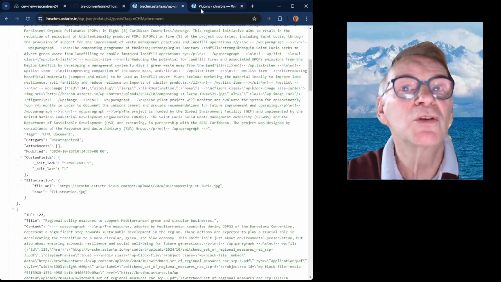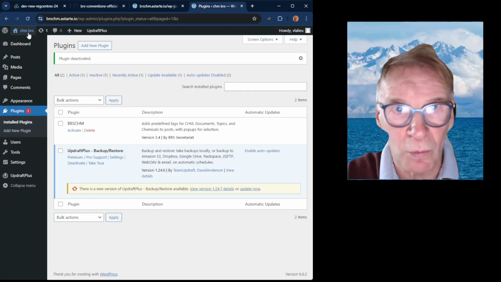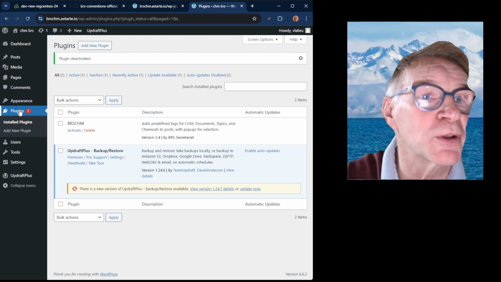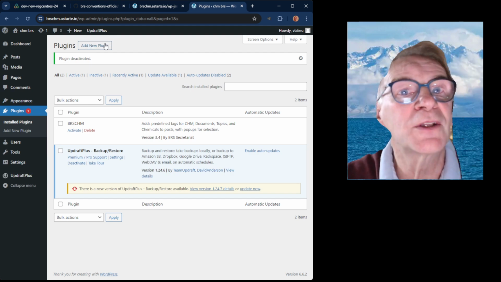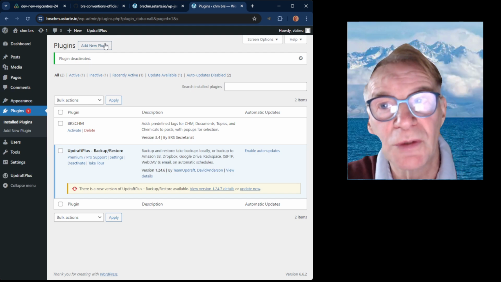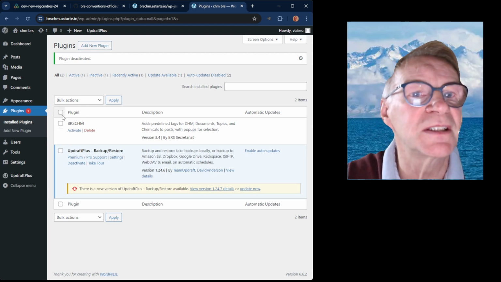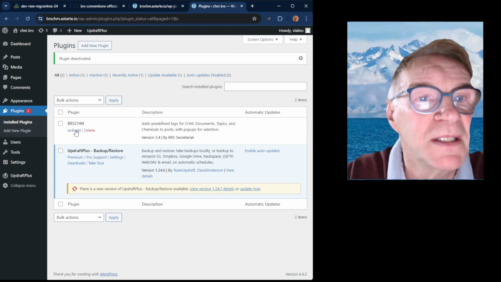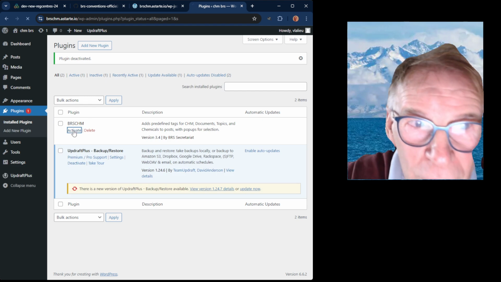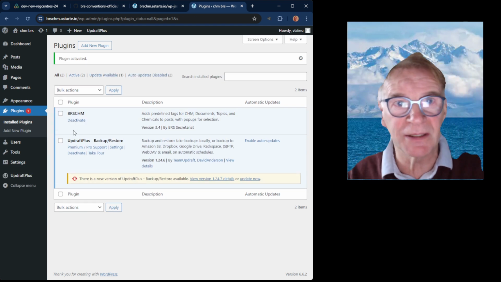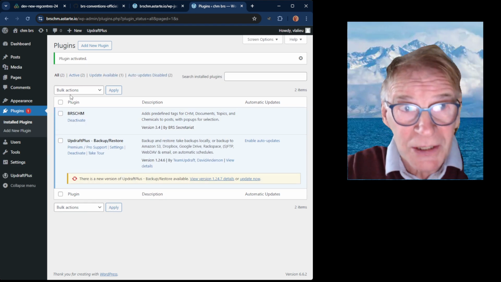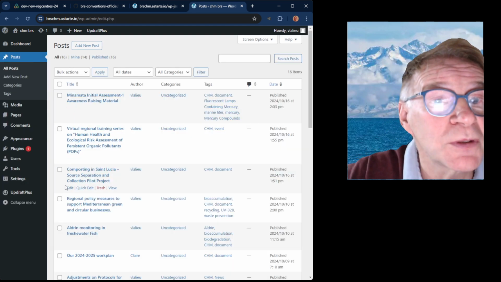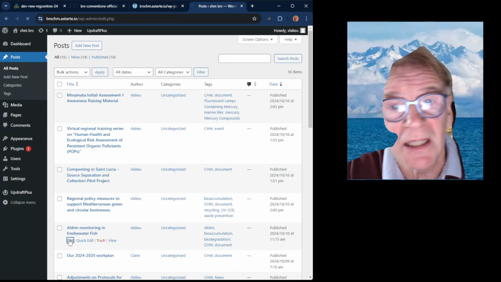But basically, you go into your WordPress website, you click on Add New in the Plugin section as an administrator, you add the plugin, you select the zip file, and then you will have this BRSCHM, clearinghouse mechanism, present, and you just need to activate it. And once you activate it, the magic is that if you look at your posts and you edit a post, then you will see that